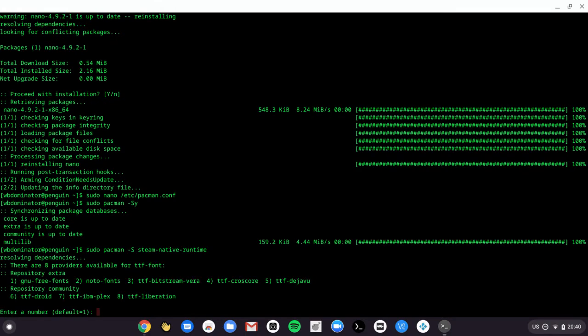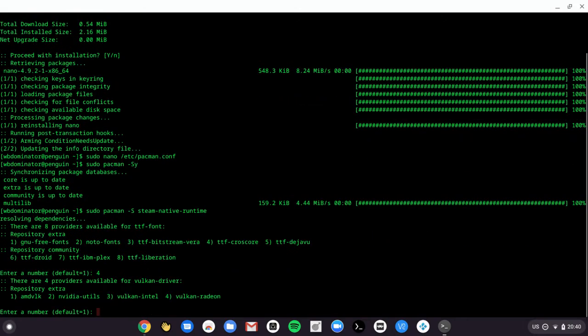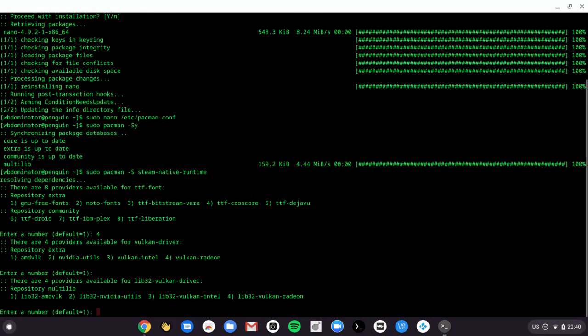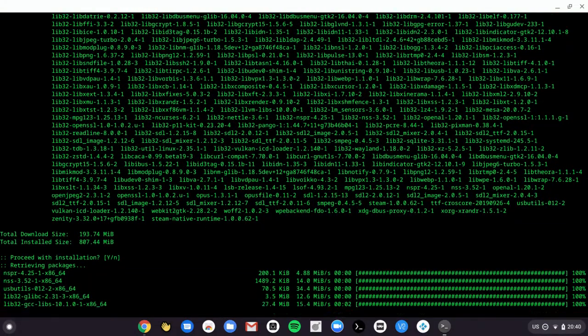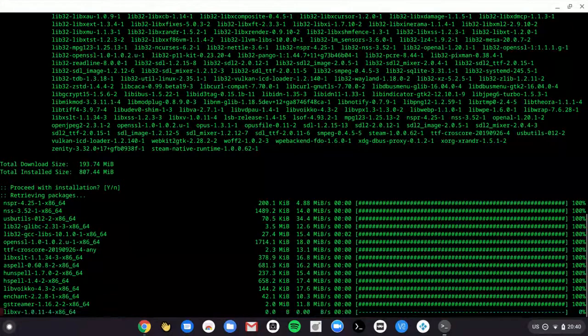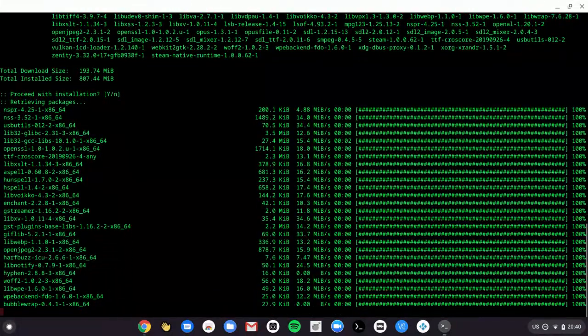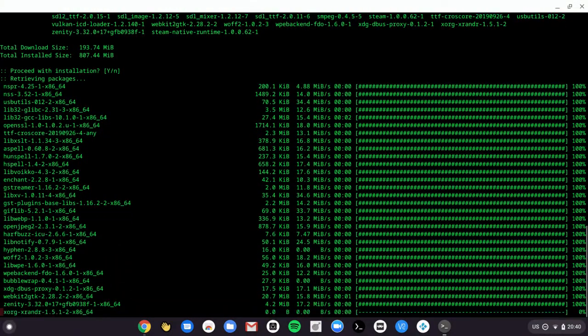And this is where you want to follow along. You want to select 4, which is ttf-liberation. And here it doesn't matter, just whatever. From there, just click enter and you should be fine. You're going to wait for it to install. Then once it installs, I'm going to pause